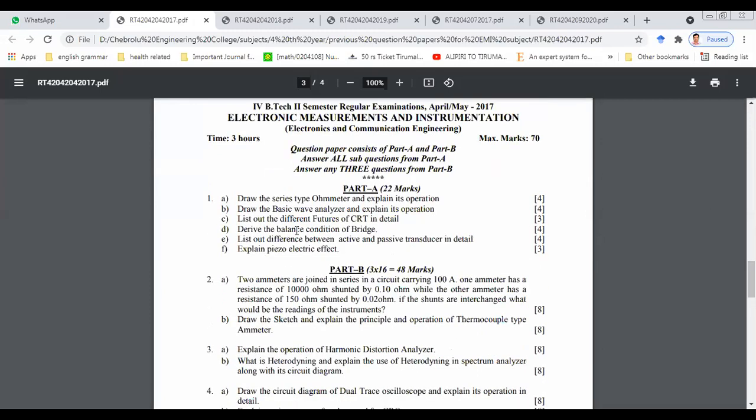And the next one is, list out the different features of a CRT in detail. So what are the main components which are present in the CRT? That is accelerating anodes, focusing anodes, the horizontal and vertical deflection plates, and we have to give the list only. So it is 3 marks only. And what are the main fast